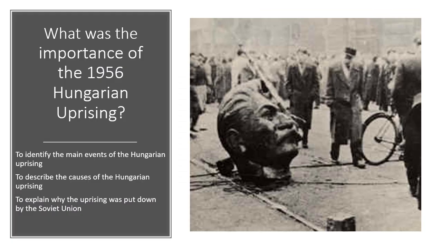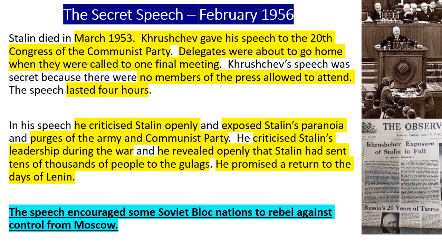sides. Okay. So the next important event in the Cold War is the 1956 Hungarian uprising late in the year. Where did this all start? You need to go back to early in 1956, in February, when Khrushchev made the secret speech. Joseph Stalin had died back in 1953, and after a few years of shenanigans, we'll call them, in the Politburo, Khrushchev emerged as the leader, General Secretary of the Communist Party, and therefore the leader of the